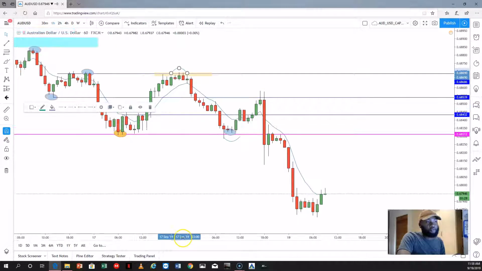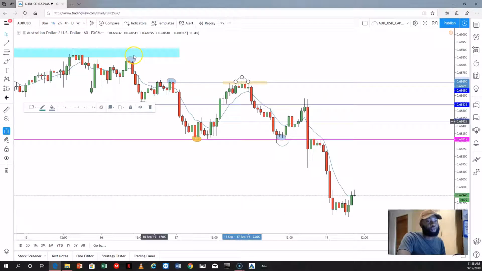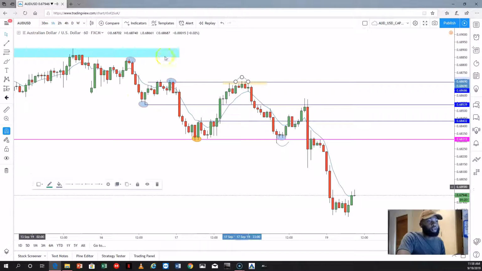If I just zoom in nicely, price has been in a fairly downward trend. That is a high, that's a low, that's a lower high. Then we made a lower low, and then we came and made equal lower highs, and then we dropped further to make equal lows again around